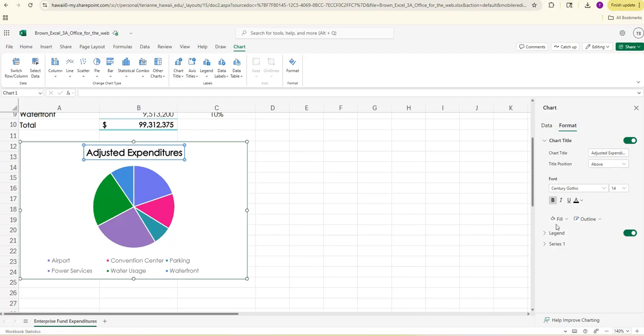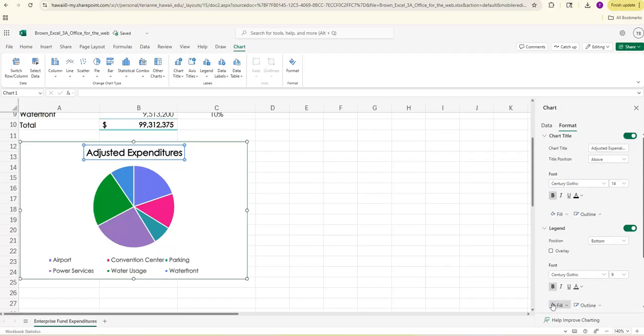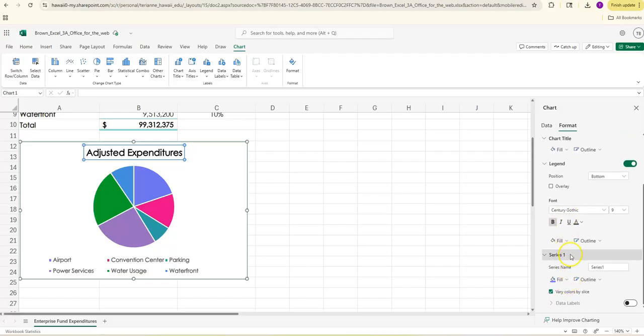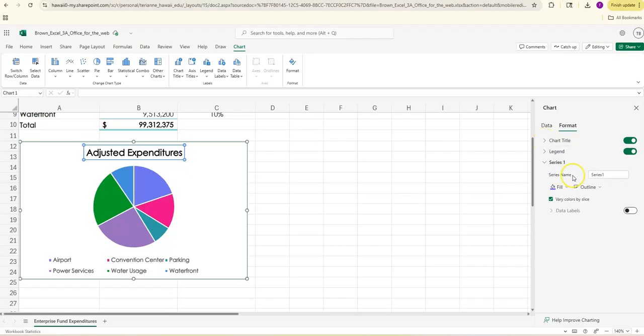Next, for step 8, it says to select legend. So I'm going to click legend down here to expand it. I'm also just going to scroll down a tiny bit so that we can bold this. And then finally, I'm going to click Series 1. Okay, and then you'll need to scroll down a bit too to get to the end. If you want, you can also minimize the chart title and legend here, just so it's easier to see. And so with the Series 1 section open,